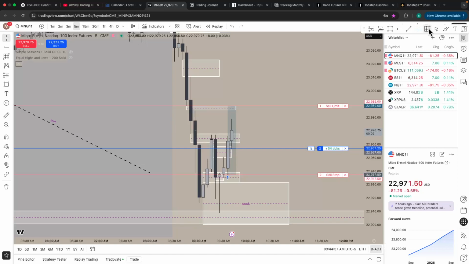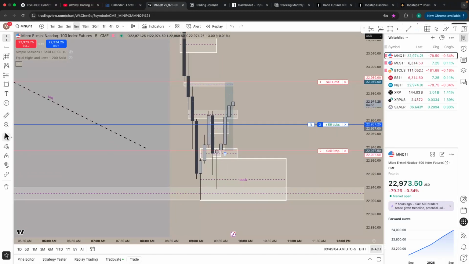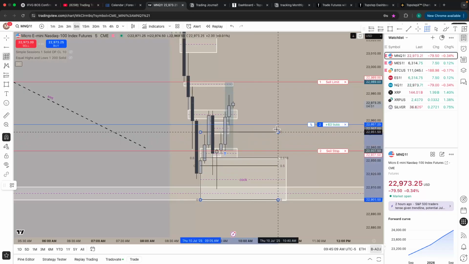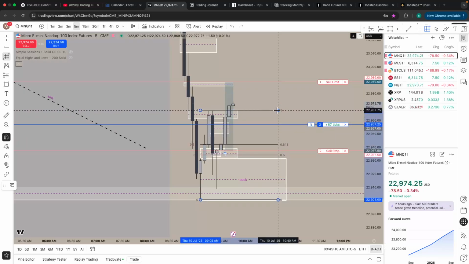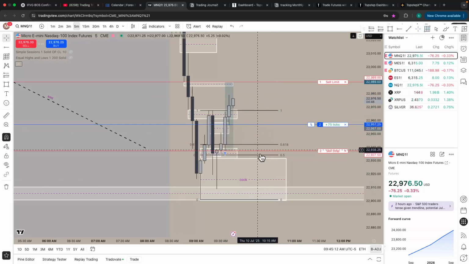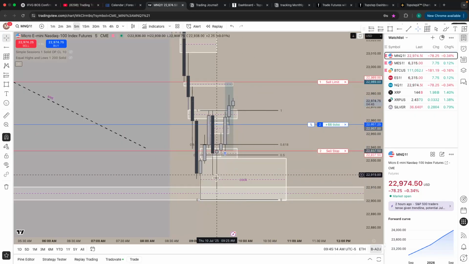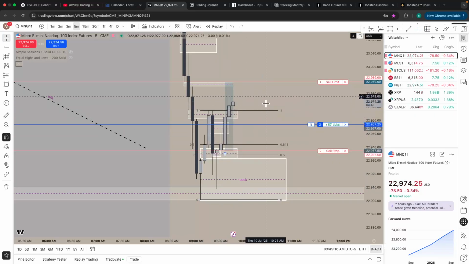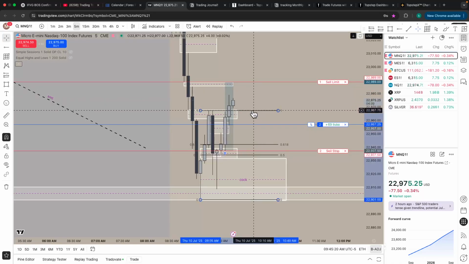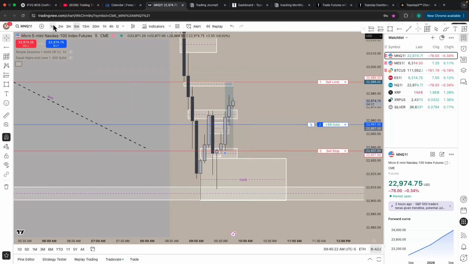Because if you even mark this out from this low that we had, damn, I gotta turn that magnet back on. See, it's nice, and then it's also not. If we even mark it from this low to this high, this is the 0.5 part. We came back down at the discount price and pushed out of that, and we just got a 5 minute close inverse. I think this thing runs up to my take profit.